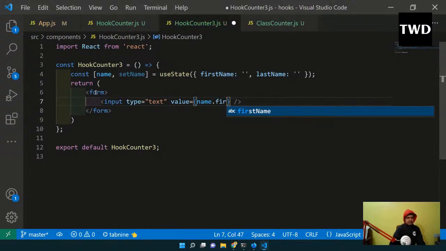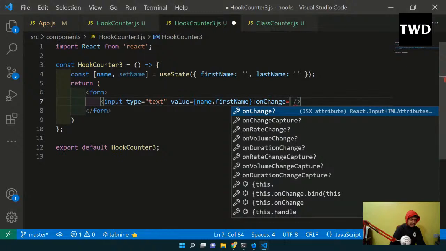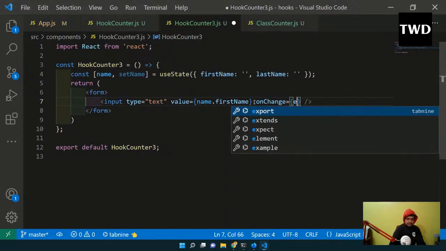So value is name.firstName, because I want to have two input type text, and in one the user will enter the first name, and in the other the user will enter the last name. So name.firstName, and then onChange equal to e